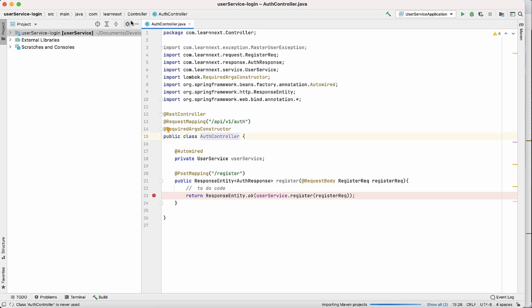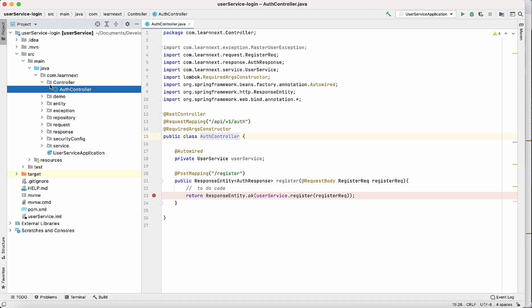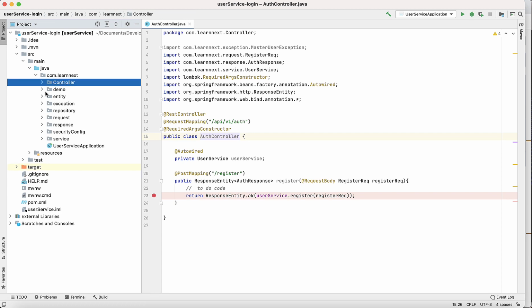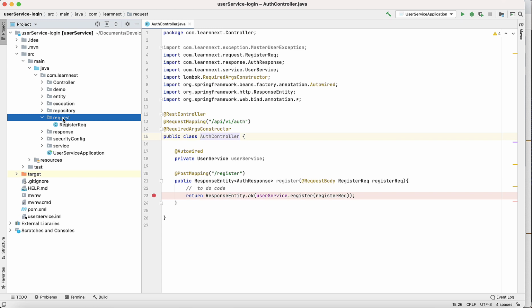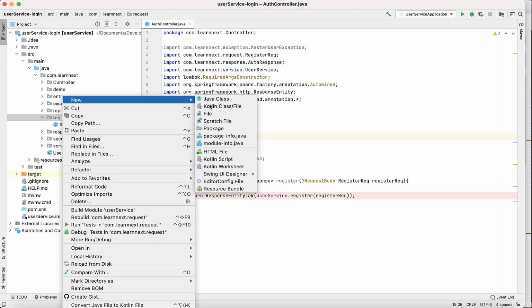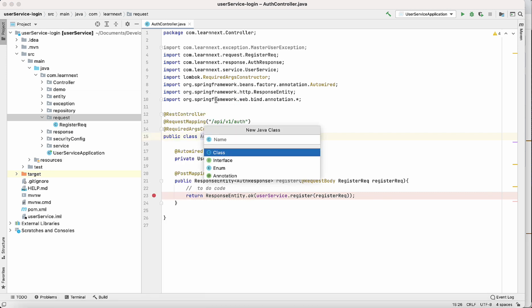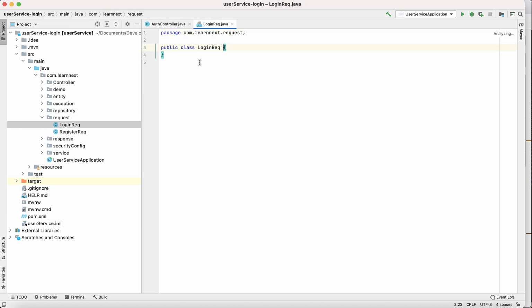Okay, so what I'm going to do now, first I have to create one request where I can put my login ID and password. So I will simply create one class in the request package. So Java class, it will be LoginReq. So this will have a private string email,